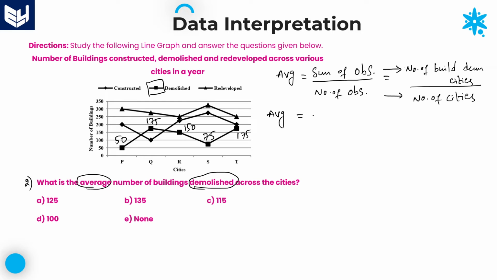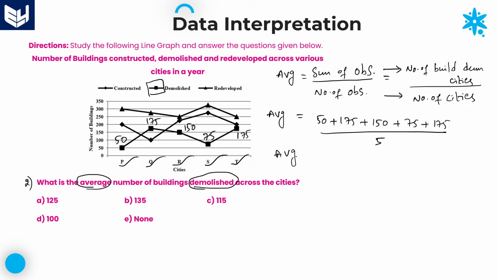Now you just take the values and add them. See here, 50 plus 175 plus 150 plus 75 plus 175, divided by the number of cities. Here we are taking the total number of cities as 5: P, Q, R, S, T. The number of cities is 5, so the denominator is 5. Therefore the required average is equal to